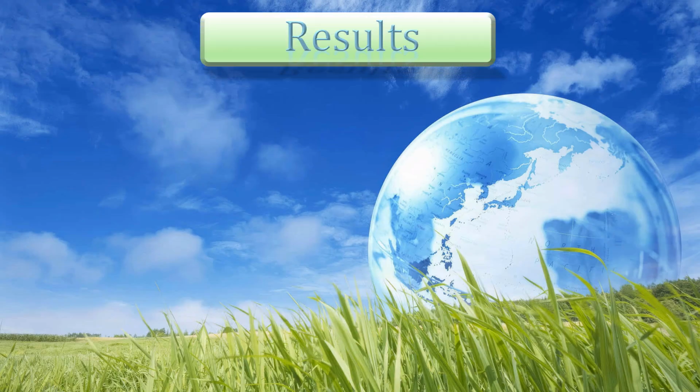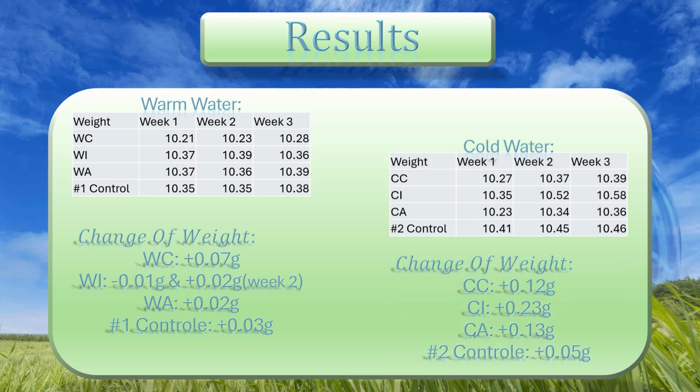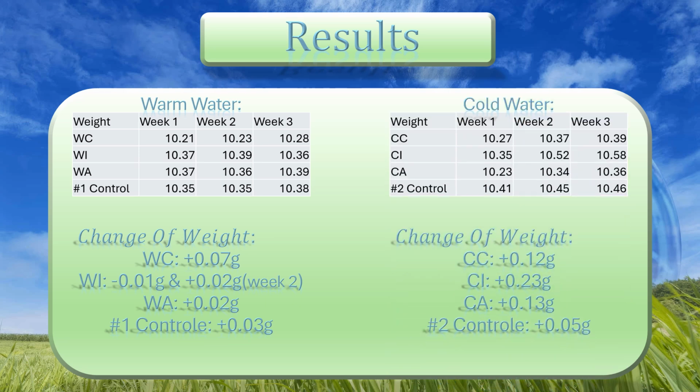So results. Warm water. We had a change of weight for warm calm of 0.07 grams. For warm intermediate, technically it is negative 0.01 grams. But as I mentioned before, I messed up with the calcite and we lost some mass. So I'm going to go off week 2 for all my calculations, and that was a 0.02 gram increase. It was the same for warm active, and for number 1 control, it is